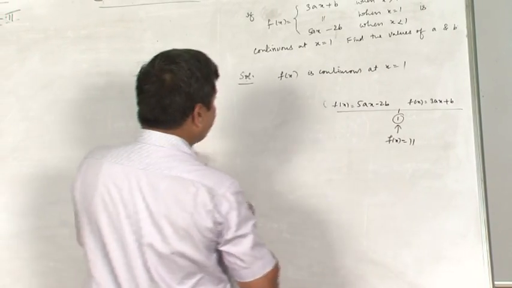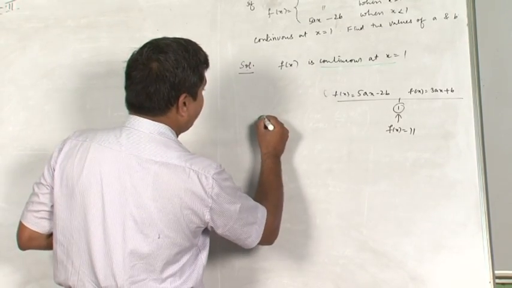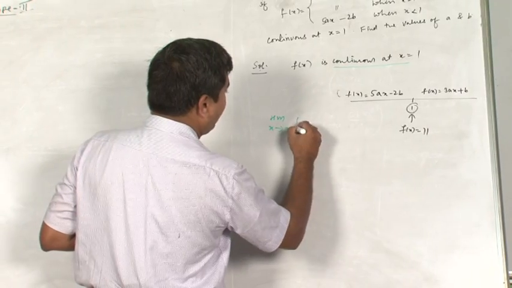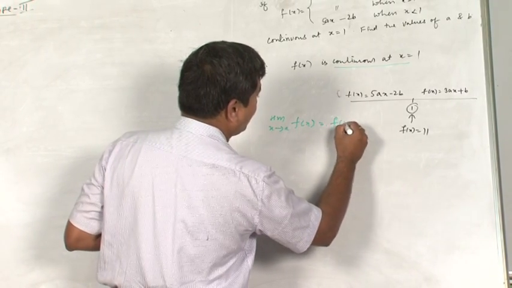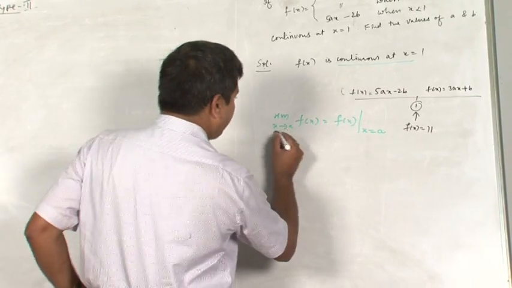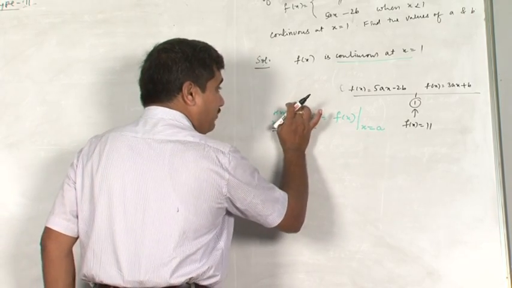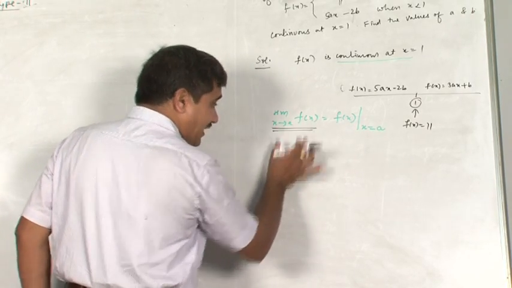So, now the rule speaks, whenever the function is continuous, what is the rule? Limit x tends to a of f of x should be equal to f of x at x is equal to a. Now, as far as this particular condition's limiting value is concerned, the limiting value of the function is directly calculated when